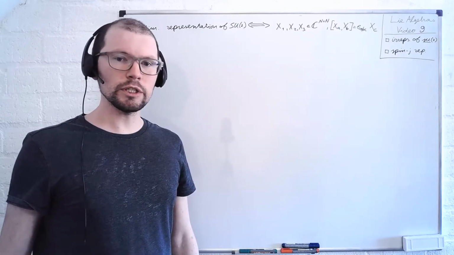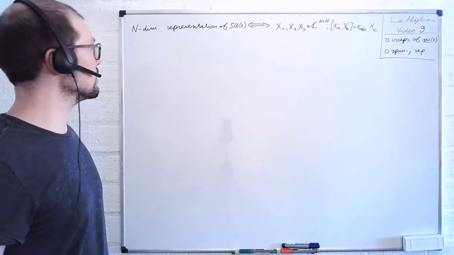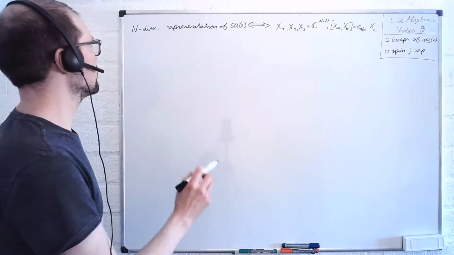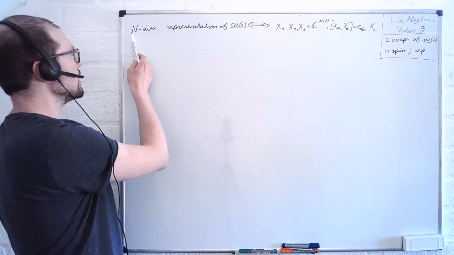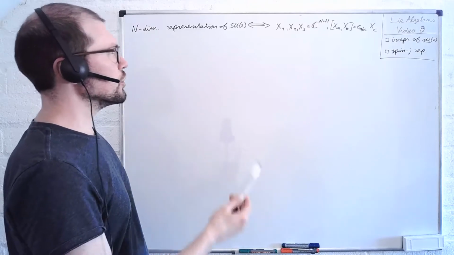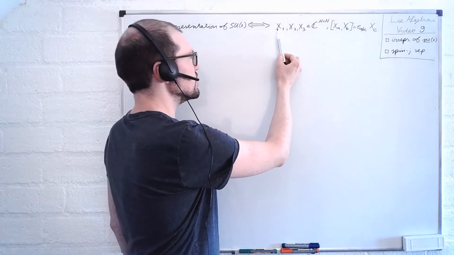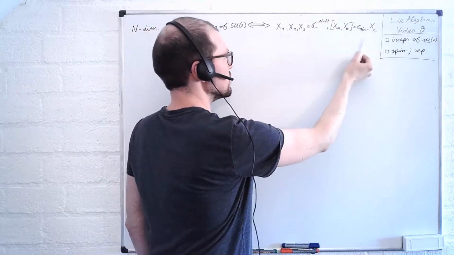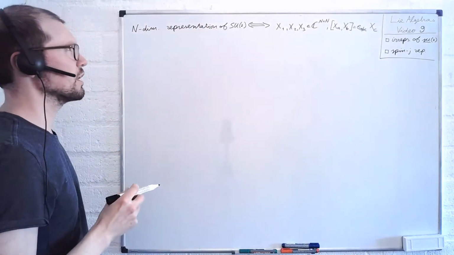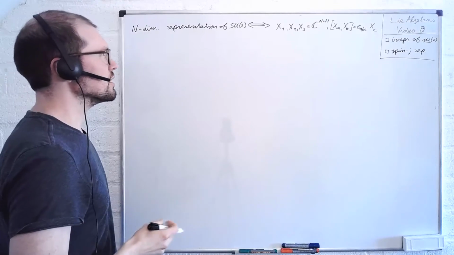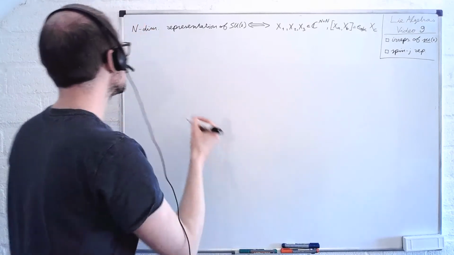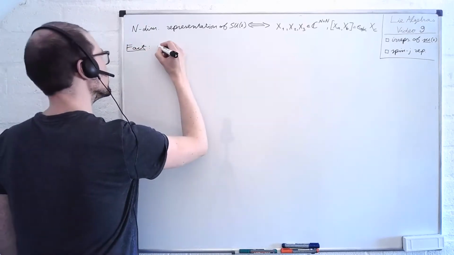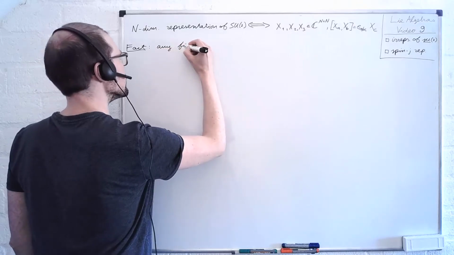Welcome back. So we're ready to determine the irreducible representations of SU(2). So recall that to specify an n-dimensional representation of SU(2), the only thing we really need to do is to determine three complex n by n matrices that satisfy this particular commutation relation. And it turns out that we can actually restrict our attention a bit further due to the following fact that may look familiar to you, which is saying that any finite dimensional